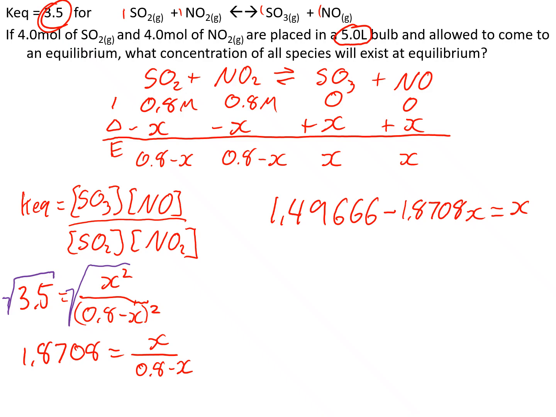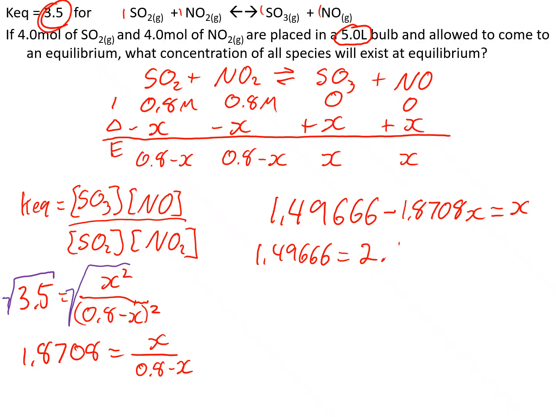I'm going to add 1.8708x to both sides. So it's going to be 1.49666 equals 2, because there's technically a 1 in front of that,